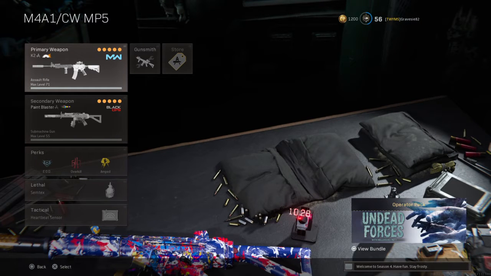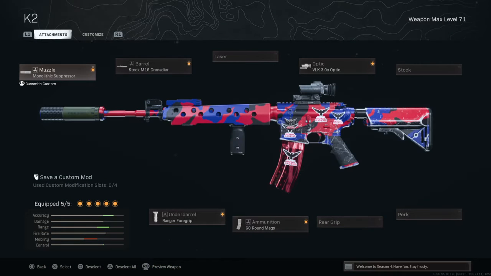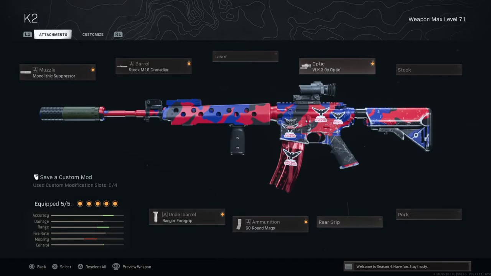So, as I think I've said in previous ones, when you're building your Modern Warfare assault rifles for range, you essentially want the same things every time. So you have the monolithic suppressor every time, the longest barrel, which in this case is a Grenadier, the VLK 3x optic, either the Ranger or the Commando foregrip. The Ranger helps with vertical recoil a bit more, although it does hinder ADS a bit, but with the M4 I find that I need that help with vertical recoil, so I go with the Ranger foregrip and then the 60 round mag. Although you can go for the 50 round mag, I just prefer those extra 10 bullets